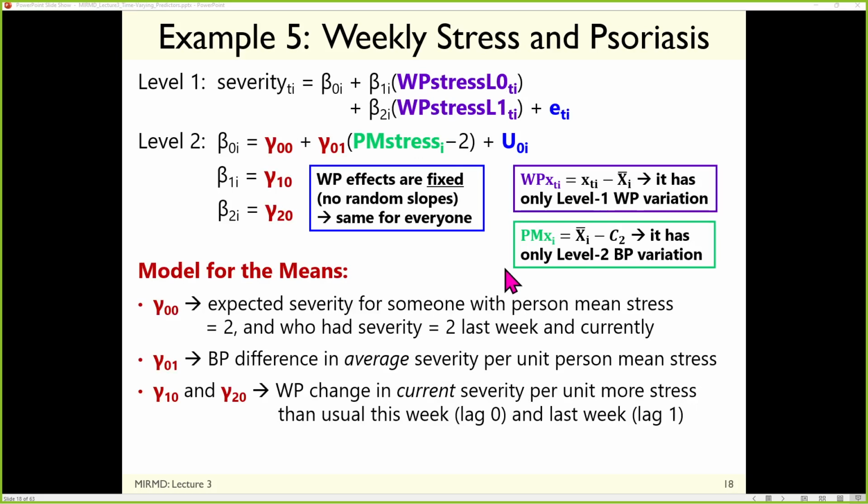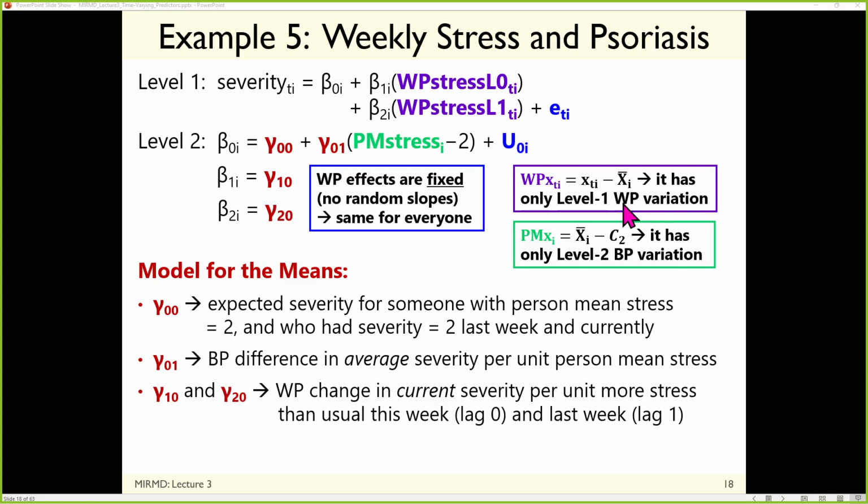So here's what the model then would look like, again skipping a series of steps building up to this point, that would answer the primary question. So I have 2 level 1 predictors that I'm calling within-person stress at lag 0 and lag 1. And each of these was created by subtracting the person's mean. So I had to lag the data, as it's called, by shifting everything down 1 row so that last week's stress is on the same line as this week's severity. And then I person mean centered both of them.